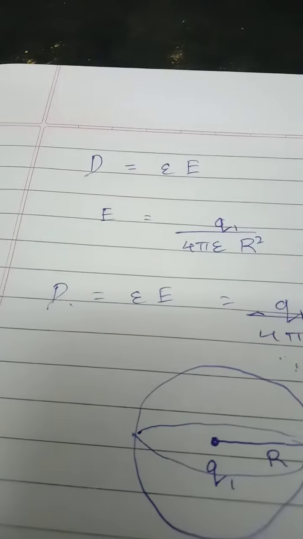Okay guys, so as I said in the last video, there is a lot of analogy between the electric and magnetic fields. A lot of the equations are pretty similar. Just like we found an equation for the electric flux density, epsilon times E, I'm pretty sure you can guess that an exact analogy is to be found in the magnetic flux density, which is going to be B. The symbol for magnetic flux density is equal to mu times H, where mu is the permeability of the given medium and H is the magnetic field in the medium.